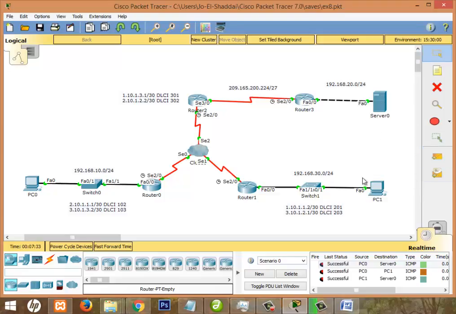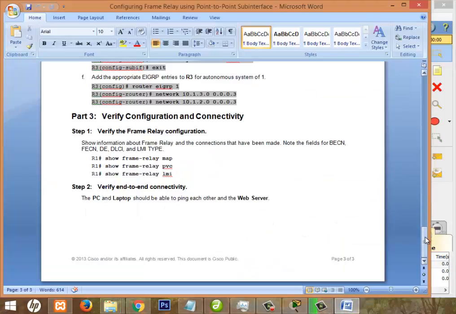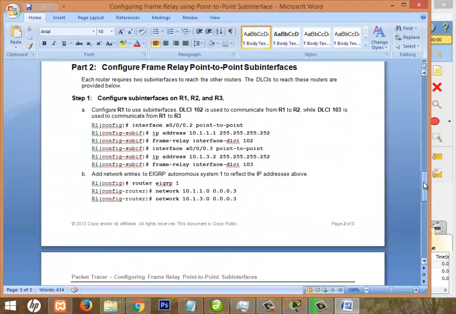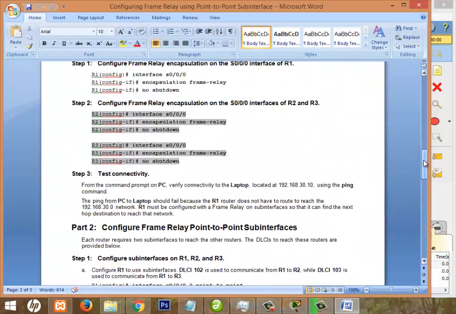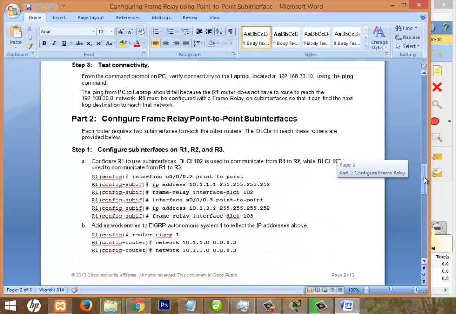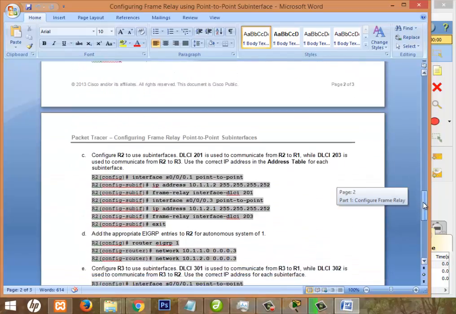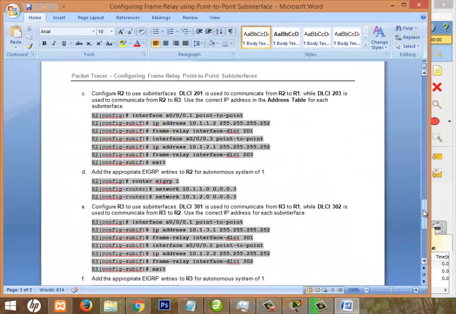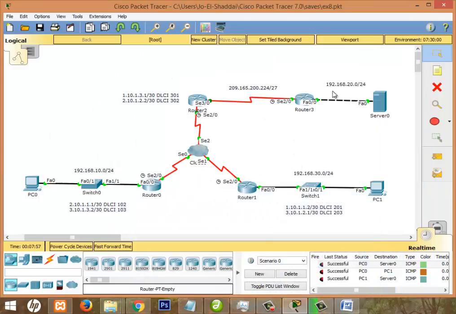These successful runs show us that the sub interfaces and the frame relay configurations have been done successfully. For this to work, the first step in this experiment is configuring the frame relay, and the second step is configuring the sub interfaces. If these two steps are done properly, this entire experiment works. I hope you understood this particular topology and how the system works.